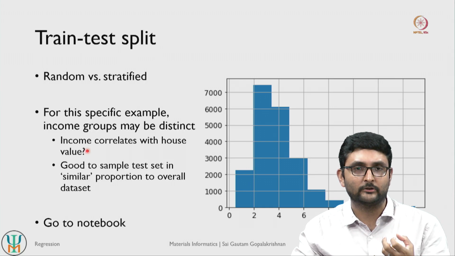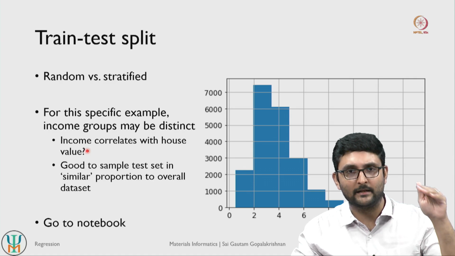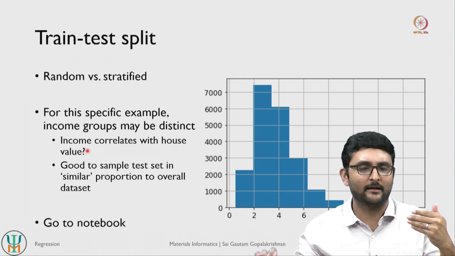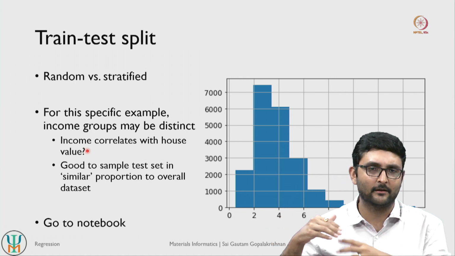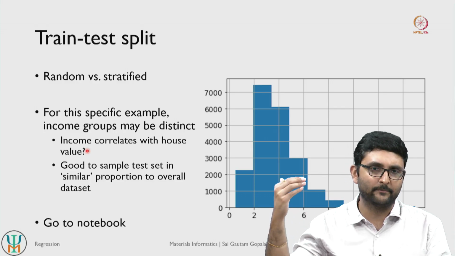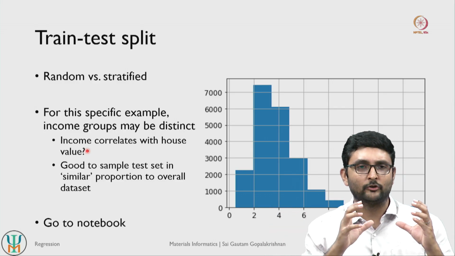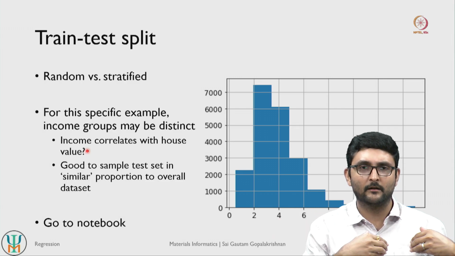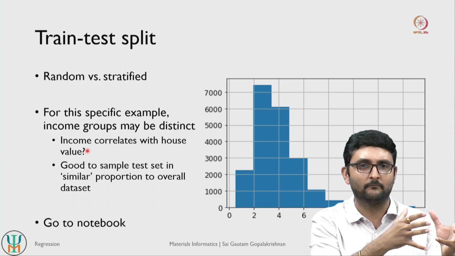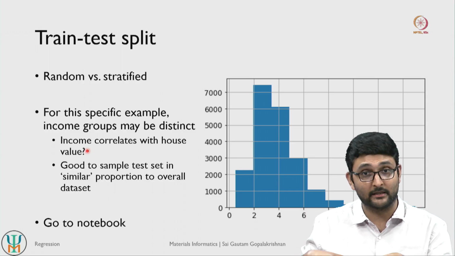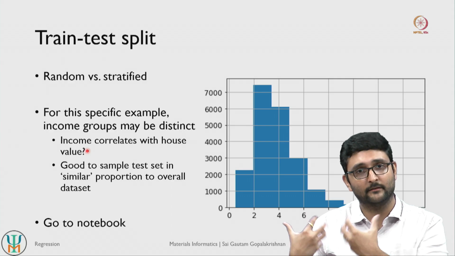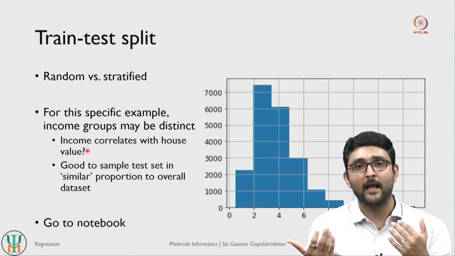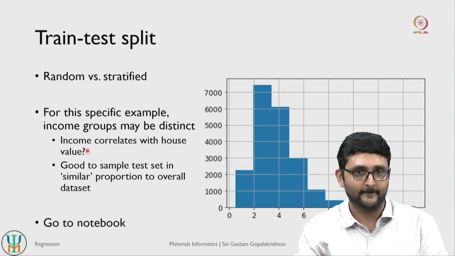So if you think about it, right, if on an average the people in a locality are richer, the housing price tends to be higher in that locality, and vice versa, right. So on an average, if people in a locality are poorer, then the housing prices tend to be lower, right. So if we do, let us say, a random split of our data set, maybe we are going to get a lot more data points from high income localities within our test set rather than low income localities, right, and that may unfortunately bias our model during training, and it may not be able to make good predictions on our test set, right.